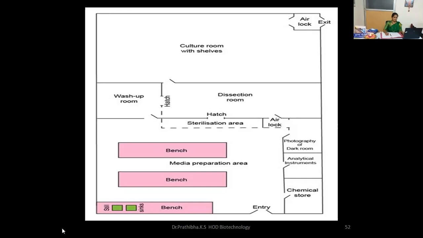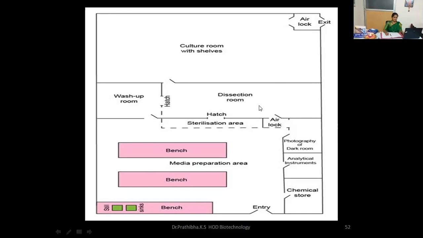Even a hot plate with magnetic stirrer, or just a magnetic stirrer, will be kept in this general laboratory. Even the microscope we can place in this general laboratory. If we require, we can also keep a trolley for carrying hot media flasks and containers. Then there must be cupboards for the storage of chemicals and washed glasswares. And one more very important thing, we need to place a refrigerator or deep freezer to store chemicals and stock solutions. So this is all about the general laboratory.